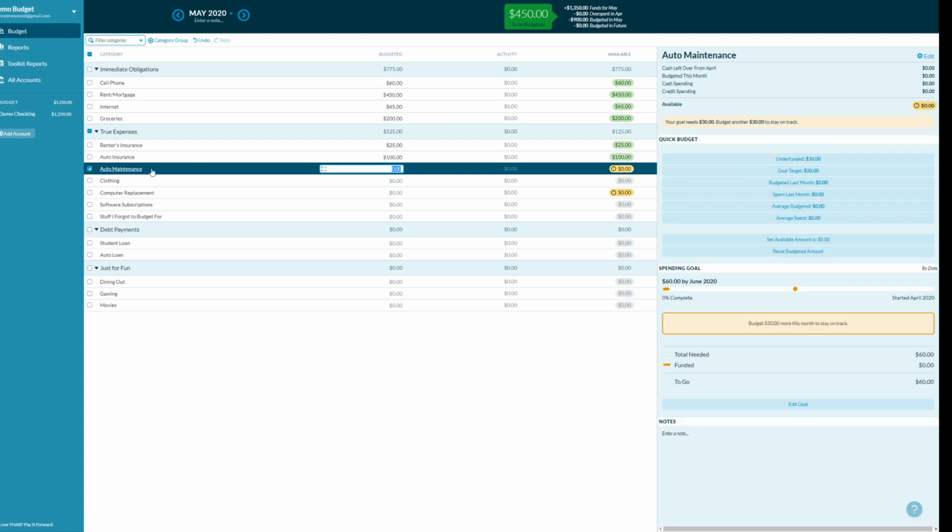Auto maintenance, now this is a pretty cool thing that we're going to start to do when we have a zero-based budget, is that even if we don't have any auto maintenance due in this month, we can set a goal for ourselves to save up a certain amount of auto maintenance so that we know,